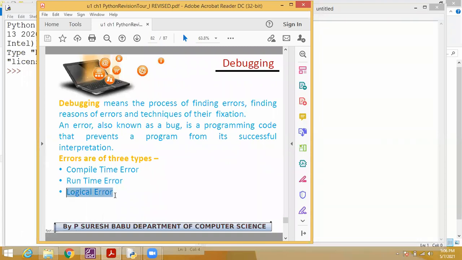And one more type is there, that is logical error. Logical error is the error done by the user. User means we are the programmer. We may create errors, for example, you need output for adding two values, but unfortunately you made a mistake in the program, that instead of the plus symbol you gave the minus symbol. So a logical error may occur. That will not be corrected by any program; only the programmer can correct those types of errors. That is logical error. Everything I will show you with some examples.